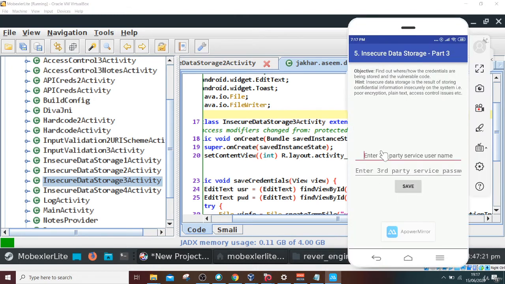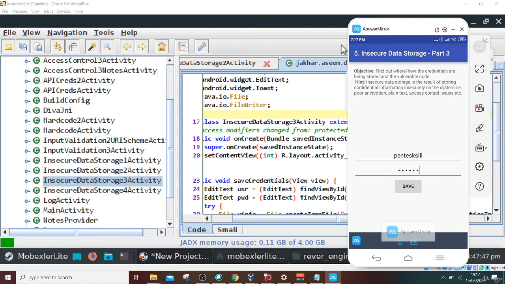In this one I am writing pentest skill, and in the next one I am writing qwerty. This is a kind of default password people use, so I'm just saving it here. Once I have saved, it says the credential has been saved.